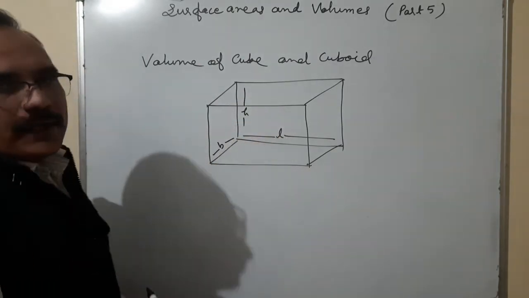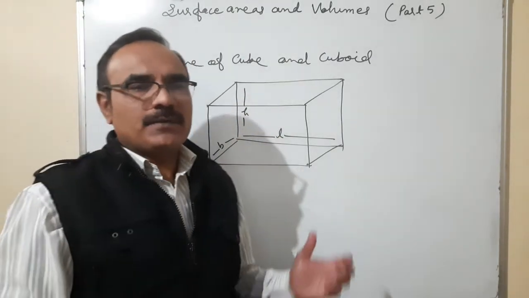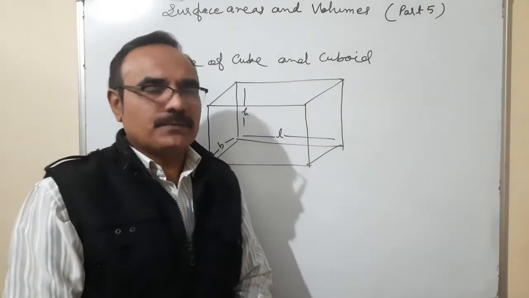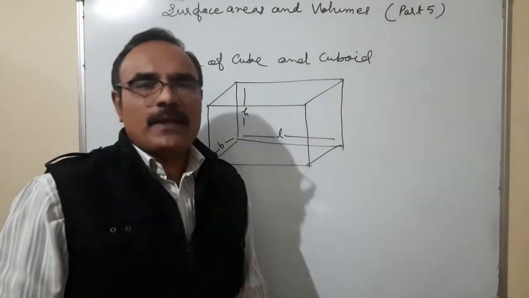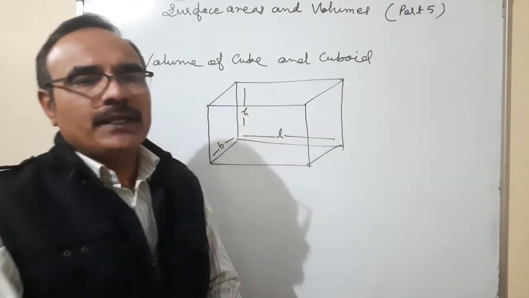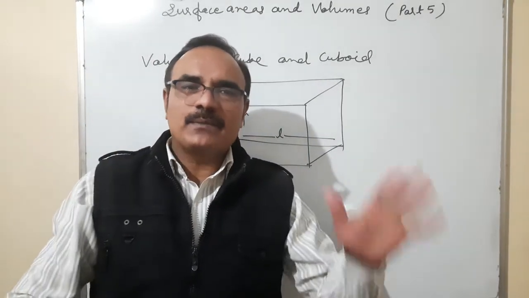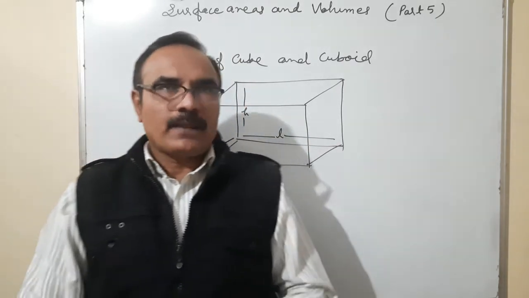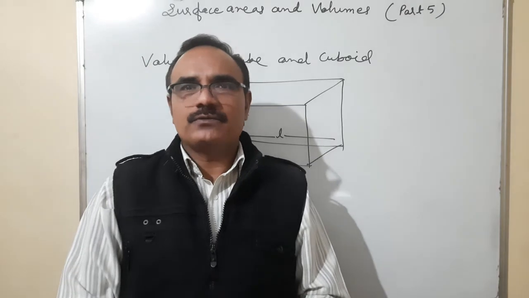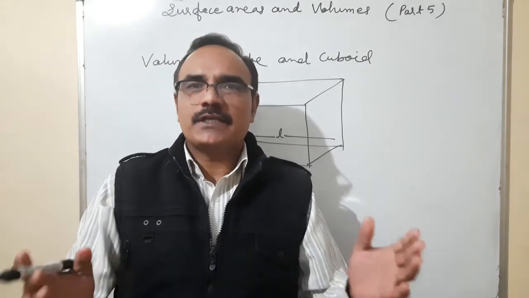For finding the volume, that means the capacity of this cuboidal shape, with length, breadth, and height. So for finding the formula of capacity, the simple way for cube and cuboid is area of base multiplied by height. What does it mean? A general example. Suppose you are sitting in a room.